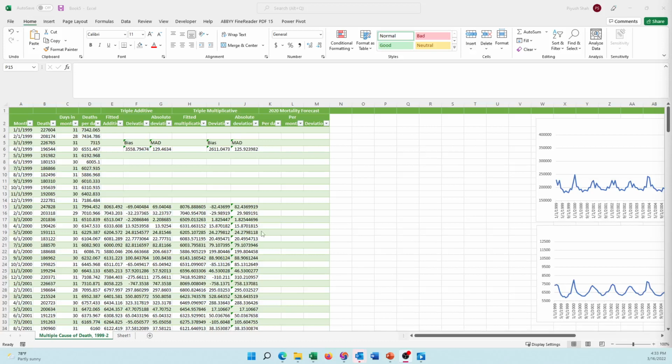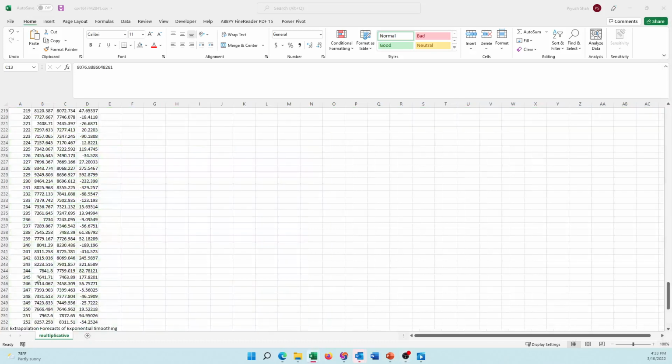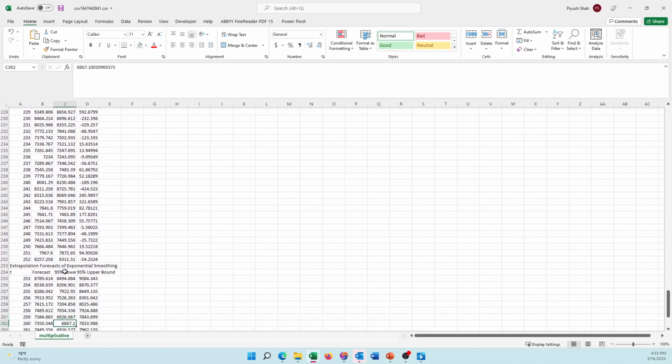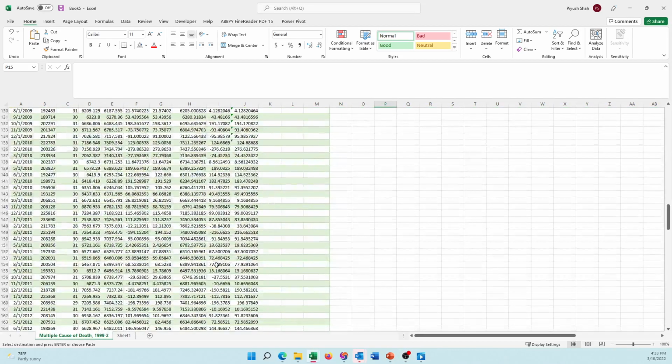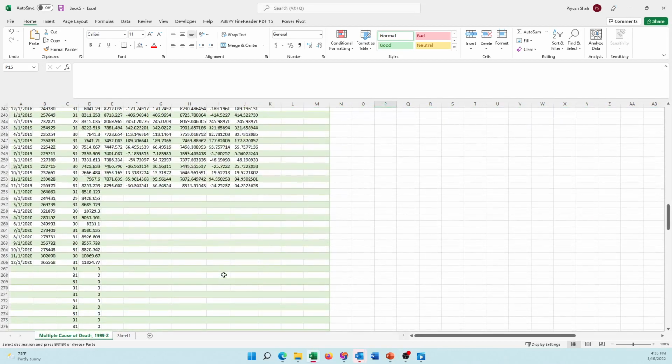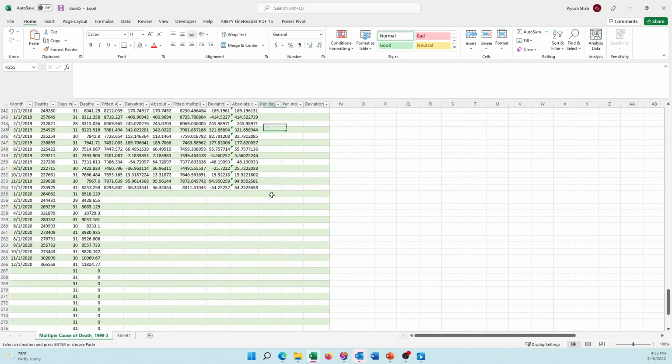So what I do is I go back to the Excel sheet with the multiplicative forecast. This is the multiplicative sheet, and I have the 12 months of forecast here. I ignore the confidence interval; I'm not going to be too concerned about it at this point. Copy this forecast, go back to our main sheet, scroll down, and paste the forecast here. This is the per day forecast that I have,